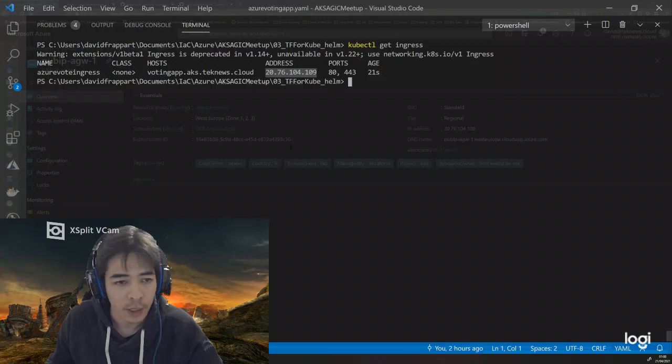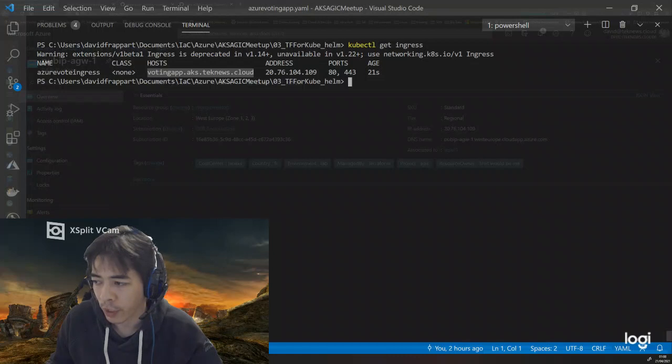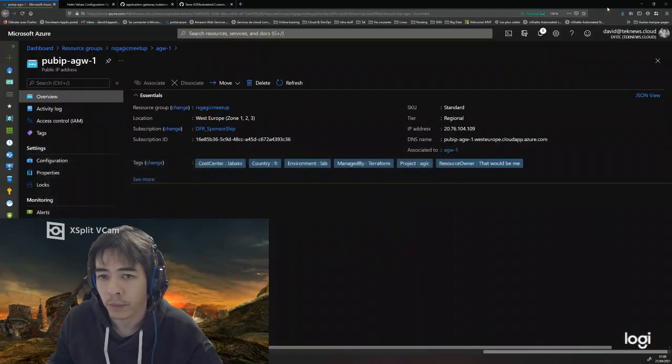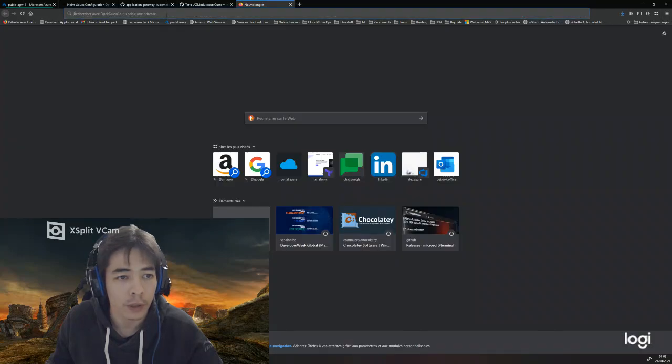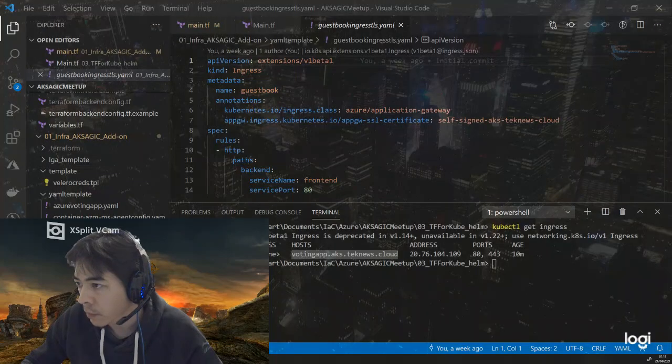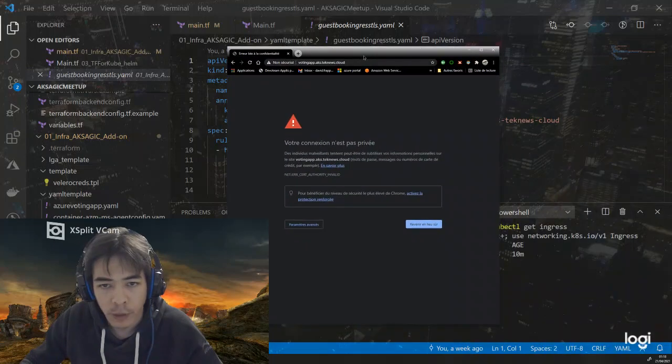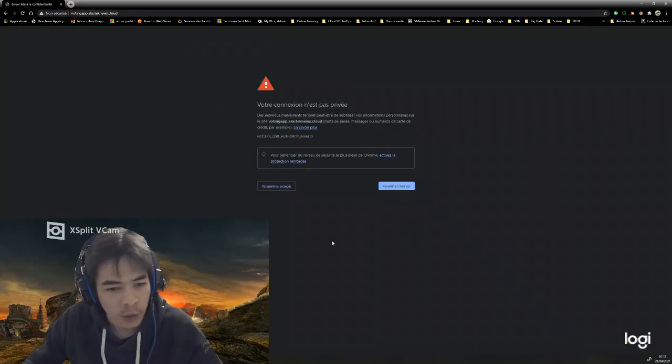So now if I'm trying to reach this host name, because I specified the host name, I will get probably the application through my application gateway. Let's try to do that. Okay, it takes some time because I was having an issue with my browser.